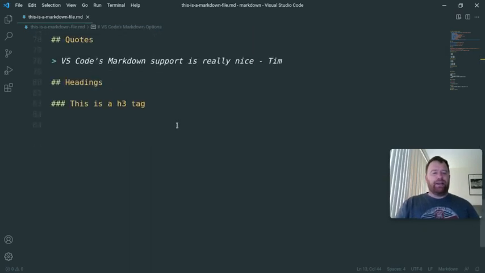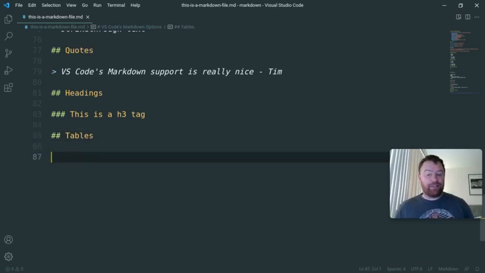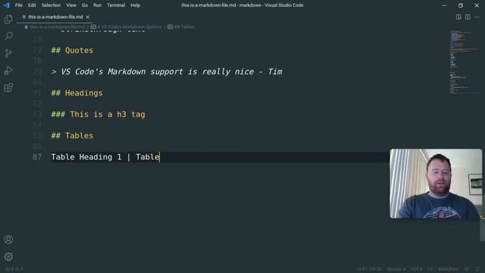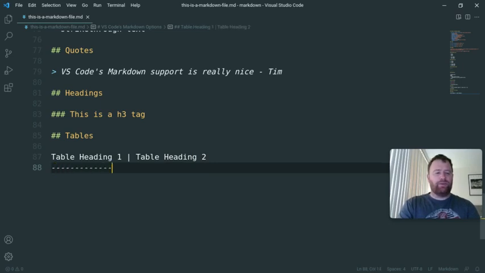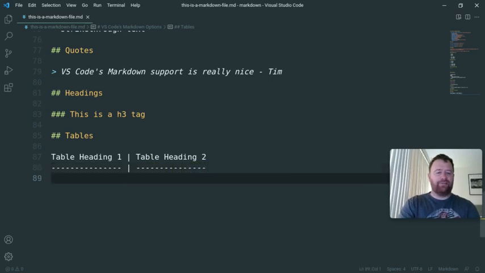All right, there is one thing that I found that didn't seem to be easy to create, and that was tables. So I didn't find an option for this. There may be. If you know of one, please comment in the comments below. But for a table, typically what I would do is maybe have something like table heading 1. Okay, we're going to put a pipe there, and then table heading 2, and then we basically keep the parts of the table apart by doing that, and then we have like table data 1,